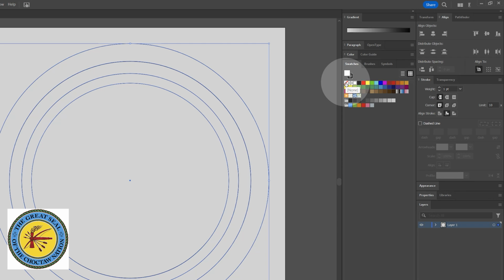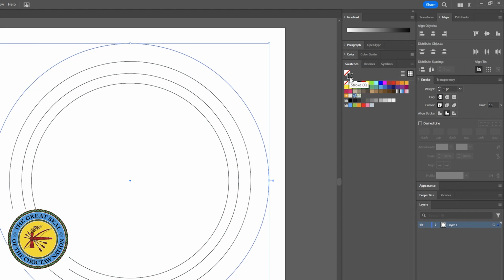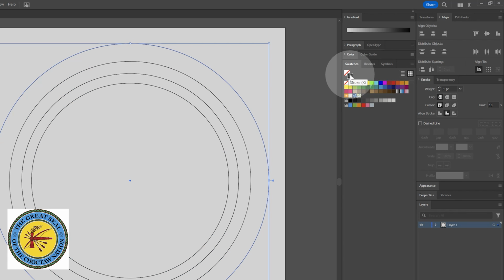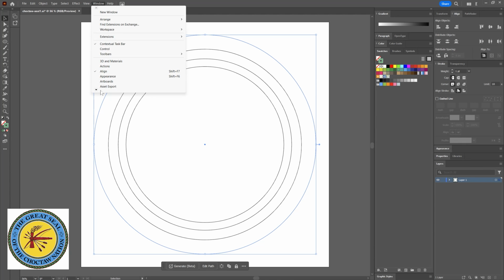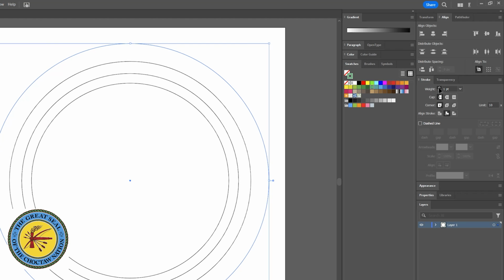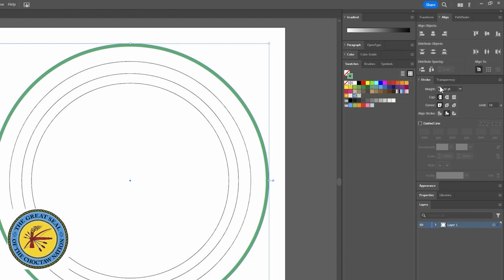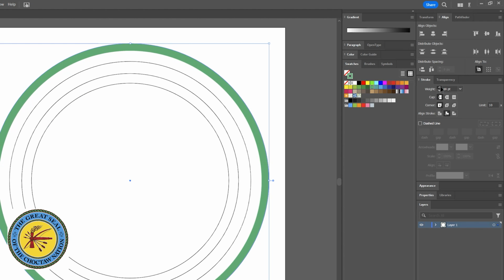In the swatches panel, I'll select the fill and make that no fill. Then I'll toggle over to the stroke and make that sort of this bluish green color. If you're unable to find any of these panels, they can all be found in the window menu if you scroll down. In the stroke panel, I'll increase the width of that stroke, just to approximate the width of that